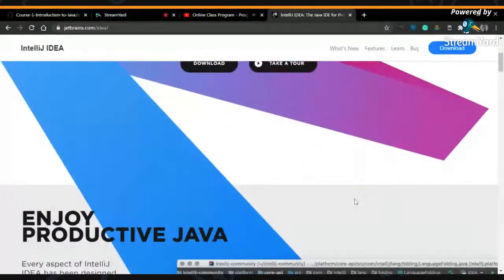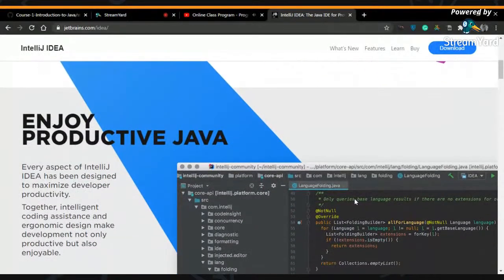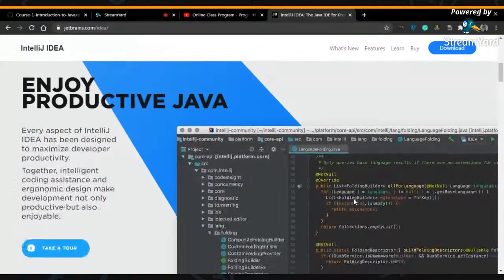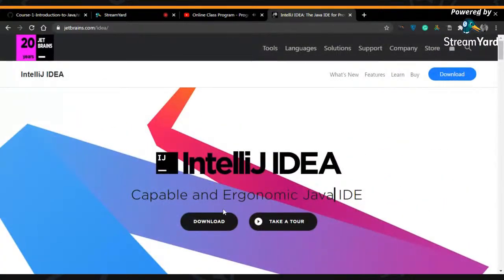You can check out JetBrains. It's really amazing. For Python, they have PyCharm. For Ruby, they also have something. And it's really great, right? So simply just download it,